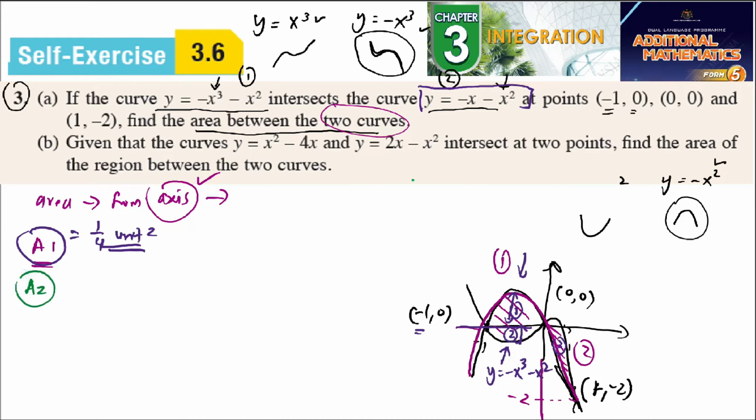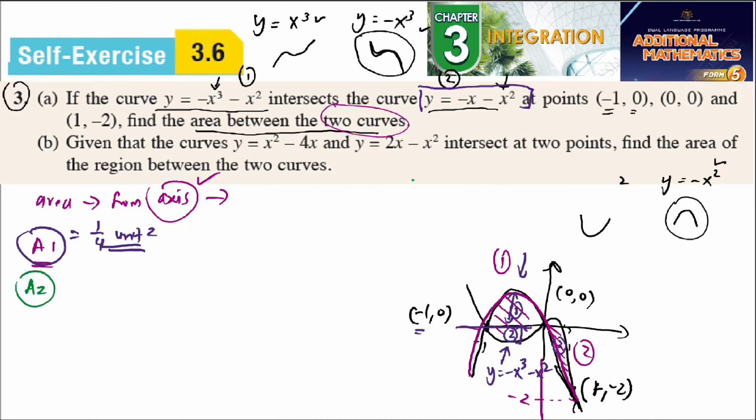Which is equal to 0, 1. So the furthest one from the x-axis is this one, which is negative. This one is the graph of negative x minus x squared, right? So y1 is the closer one. The closer one to the axis is this one, which is the x cubed graph. This is the cubic graph,